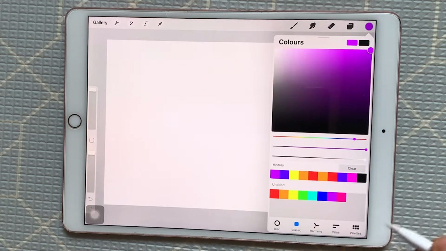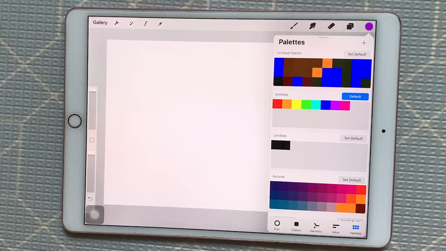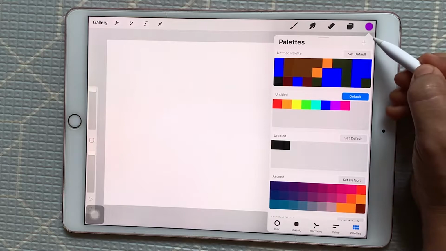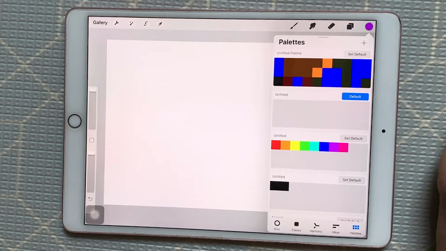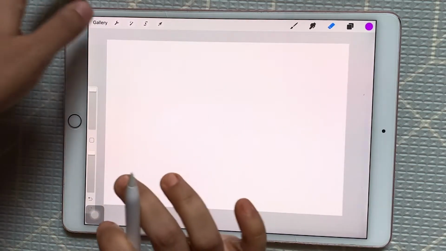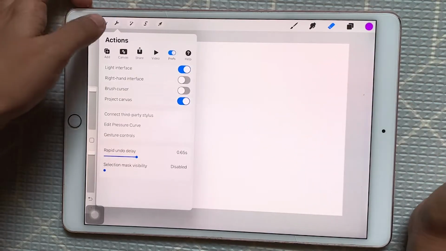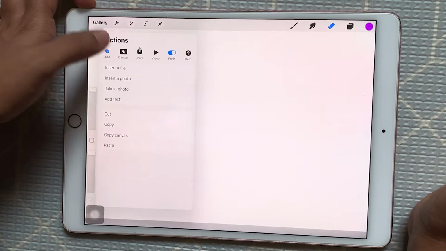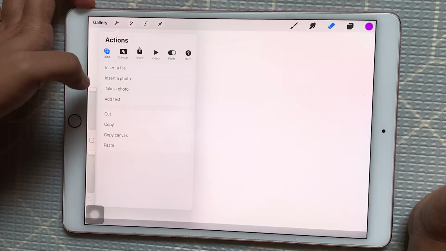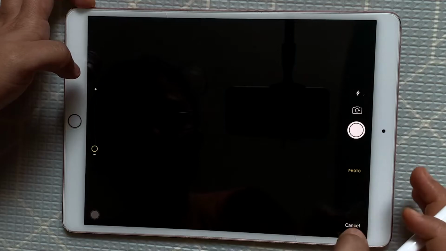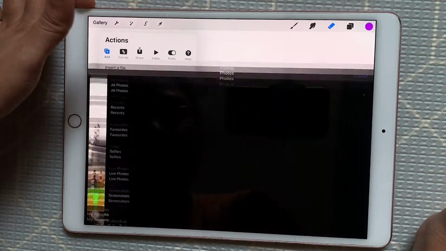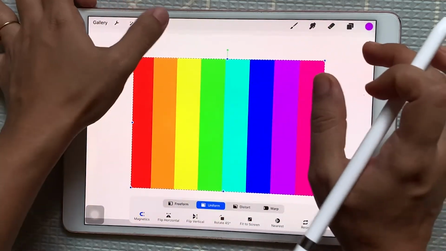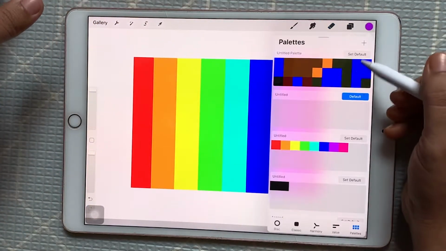Now these are our color palettes. You can create your own color palette here by clicking on this plus sign. Let me show you. I will insert a rainbow color palette here and create that here.